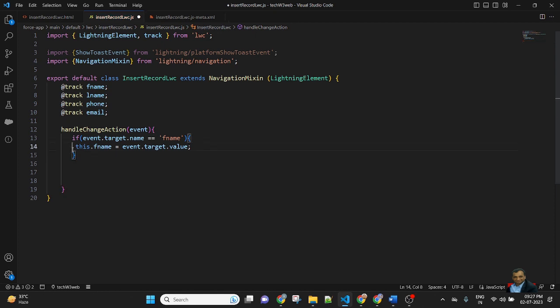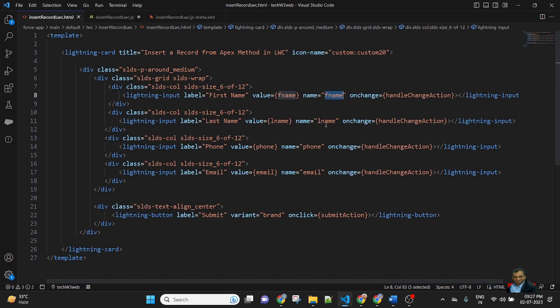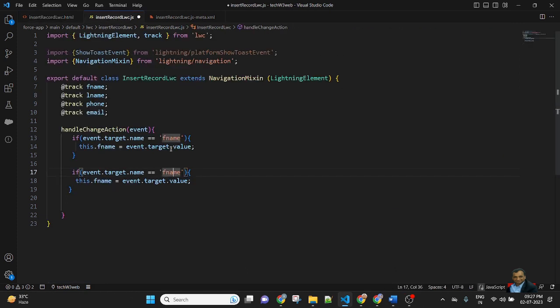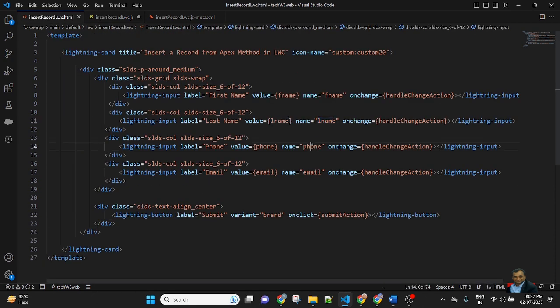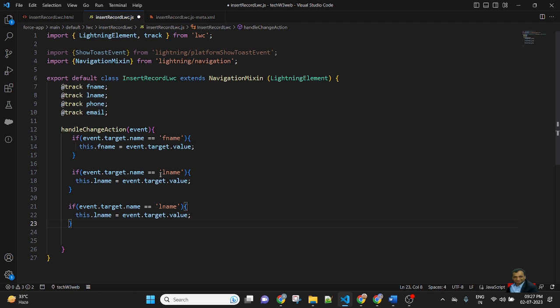The same will store the value for lname. Copy this if condition, paste it, and instead of fname we store lname. Check lname, and this is the lname event.target.value. Copy the if condition. Now for phone, here I will check phone and store the value.